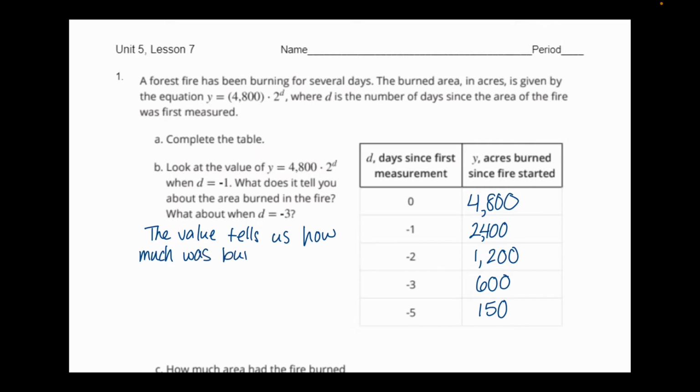I'm not sure which is appropriate in this situation, whether it's burned or burnt. I'm going to say burned, but I'm not an English teacher, and both could be appropriate. So how much was burned